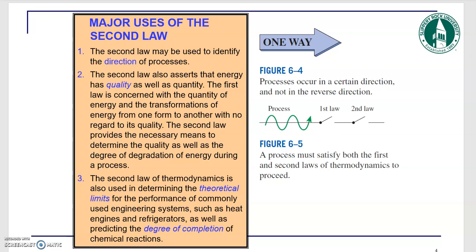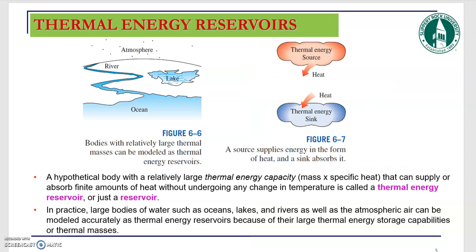Now, before starting talking about different engineering devices and applying the second law of thermodynamics, we need to introduce one concept, which is the thermal energy reservoirs. A thermal energy reservoir is a reservoir which has a very large thermal energy capacity. So what is energy capacity? The energy capacity is usually shown with C. It's equal to